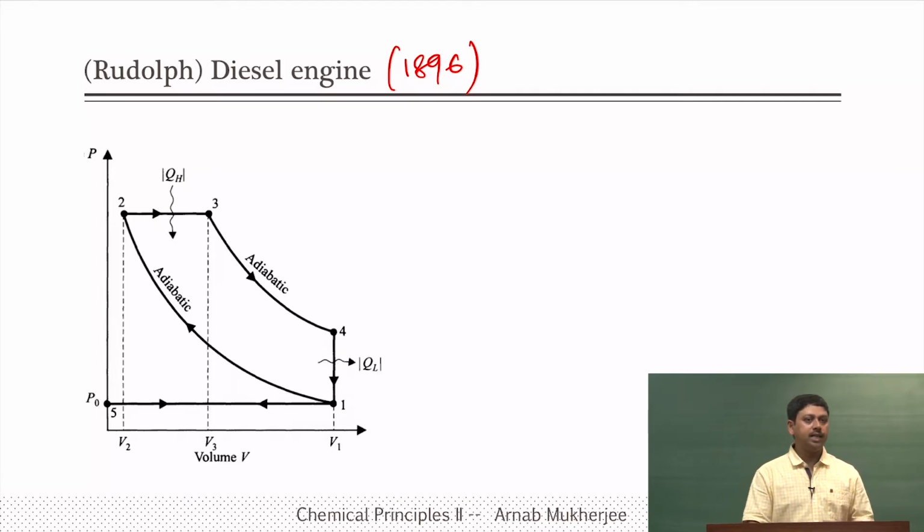So, the only difference is that here it is an air diesel engine, where only the air is compressed, not the air-fuel mixture. That is the only difference. Now, here also you can calculate the efficiency. Let us do that. So, again, in the first step,